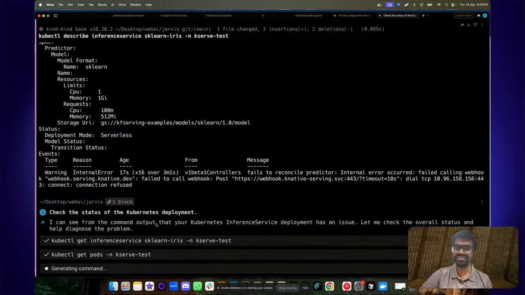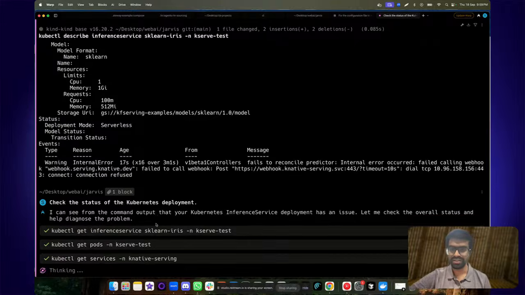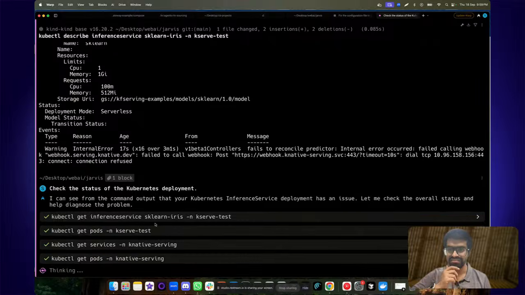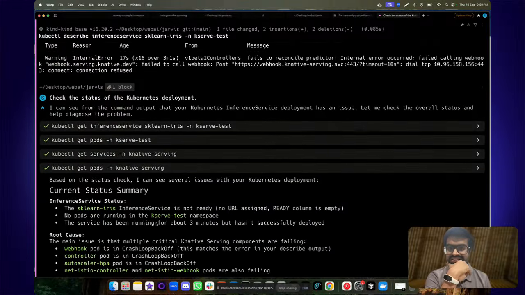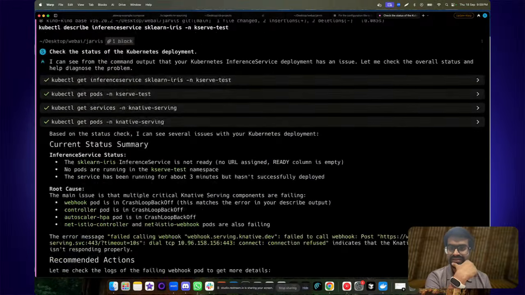We can see that there is of course no pod being created right now, and we are using Knative, so it's looking at the Knative serving, and you can probably see that the inference service is not ready.